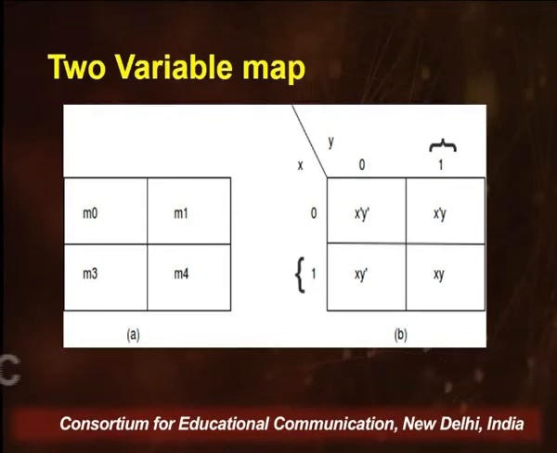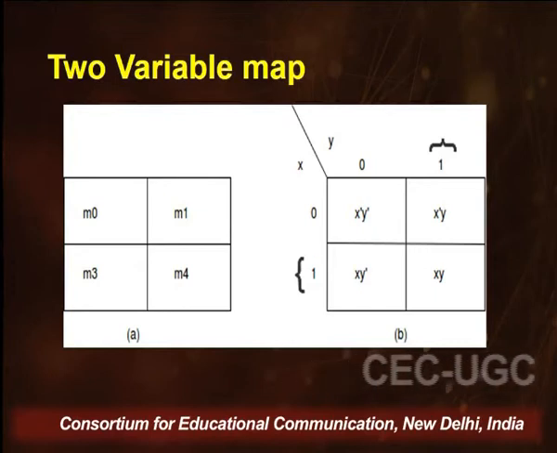M0, M1, M2 and M3. So if this is a way of putting it here, if we look at the right hand side, I have represented the same value in terms of X and Y because we have only two variables. So there will be 4 combinations. One side we write an X, the other side we write a Y, 0 and 1 for each one of them. So if I look at the cross section of the 0 and the 1, that cell is called X dash Y dash. The next cell on the first row is called X dash Y because X has a value 0 whereas Y has a value 1. Look at the column. So if you look at the second row, column 1, X has a value 1, Y has a value 0.